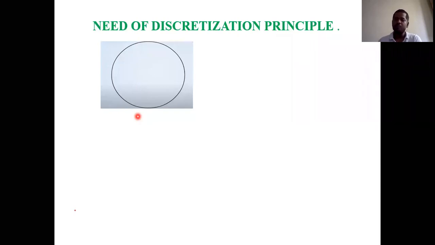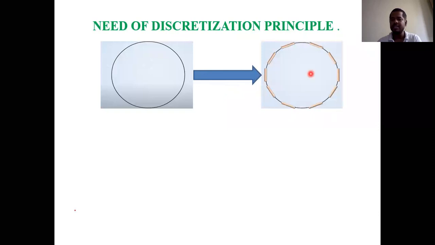So that's why what I will do is, I will cut this circle into so many pieces. And those pieces are nothing but linear shapes. These strips are nothing but linear shapes. Now I can easily calculate the length of each strip. So I can calculate the length of this strip, I can calculate the length of this part, and similarly, I can calculate the length of this part. So finally, what I will do is add all the lengths of the subintervals, all the lengths of each section. Then automatically I will get the solution.